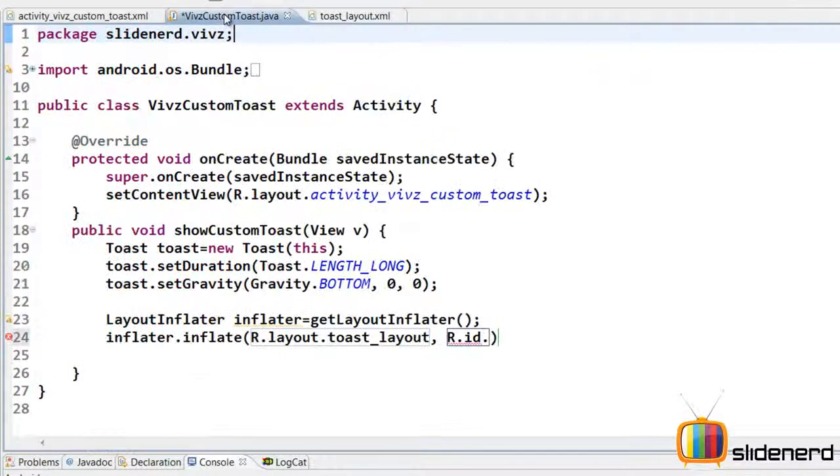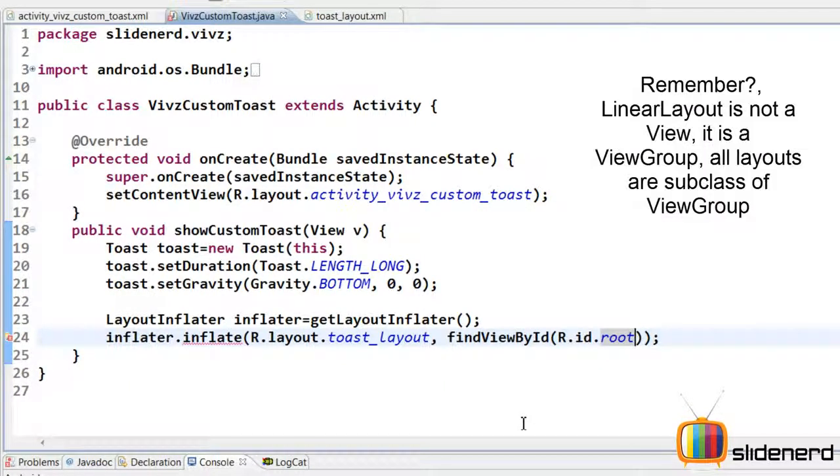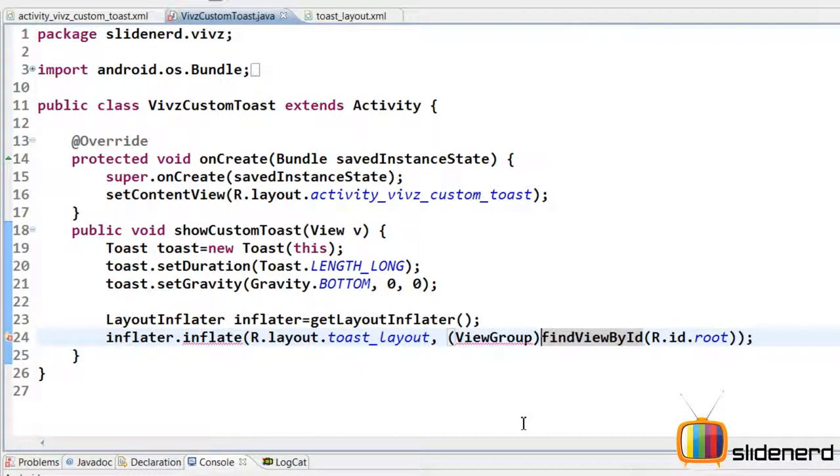So now here inside my custom toast I can go and say R.id.root, but remember this is an integer. I need this to be converted to a view object, and if you remember the findViewById method actually does that. So I'm gonna say findViewById. I'm gonna pass this id inside. So now at this point I have it converted into a view object, but still that is not enough because if you remember the parameters were int and ViewGroup. Now ViewGroup is a subclass of View, so I'm gonna simply go ahead and typecast it by saying ViewGroup. So at this point everything has been created.